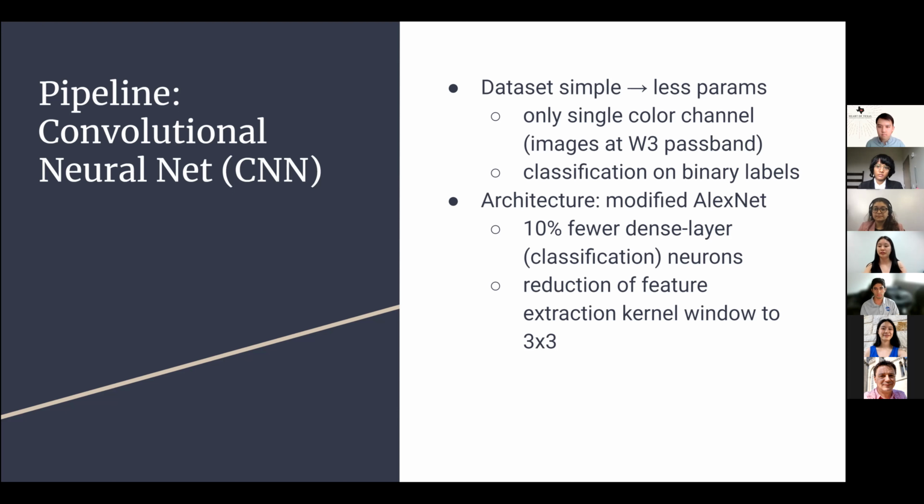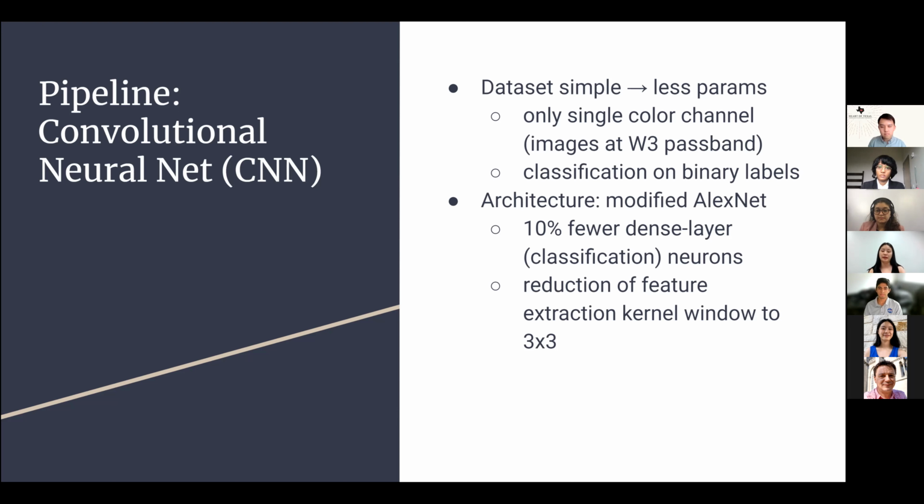And so because of this, we're only extracting at the single passband. That's basically just a single color channel. So our data set is reduced by that magnitude, since a lot of these classification pipelines are accustomed to maybe 3 or 4 color channels. And so because of this, we could get away with removing some of the dense neurons. So inside these fully connected layers, which is the second component of a convolutional neural net, we could remove about 10% of those neurons. And this helps combat overfitting, as well as some excess computational